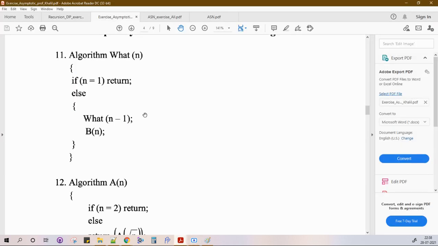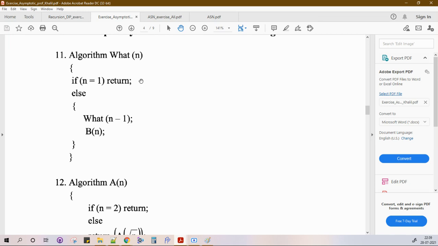Let's start with the first example, that algorithm. We have one algorithm, and it checks if n equals 1, then it returns. This is the break condition. In recursion, I guess it is called the end, or what is that term? I'm not able to get it. Does anyone remember the name of this condition that breaks the recursion loop? There is a specific name. Base condition, yes, base case, definitely. Thanks guys. So this is the base case.